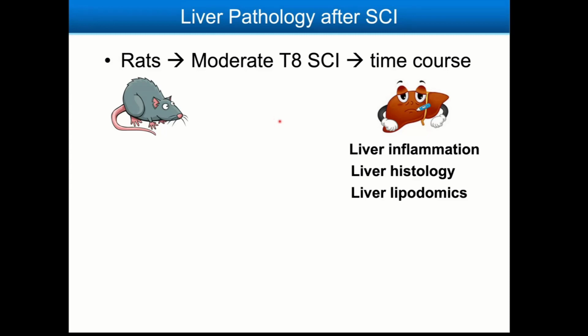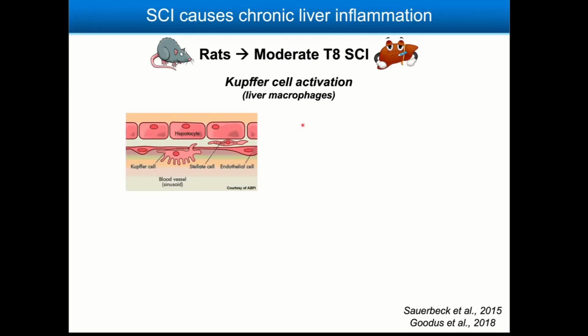And so we looked at liver inflammation and a bunch of different outcomes. I'm going to show you some collective data from our different studies. The first thing we looked at were Kupffer cells. Kupffer cells are the liver macrophages. These cells live in the liver. This is actually the largest population of macrophages in the body. They occur within the liver. These Kupffer cells line the hepatocyte sinusoids, the liver sinusoids.